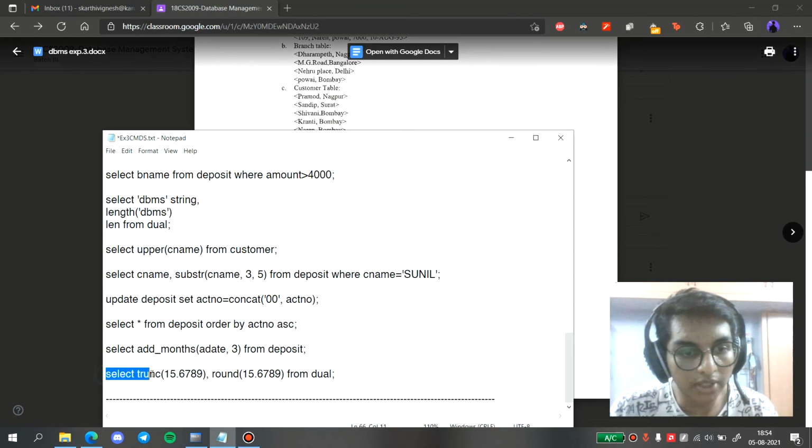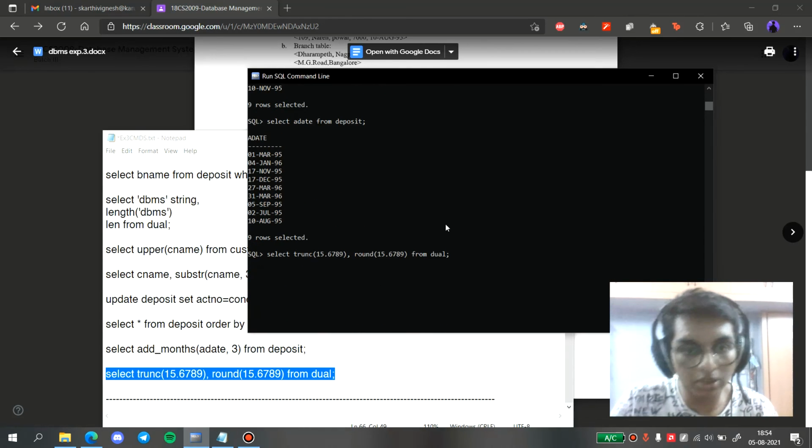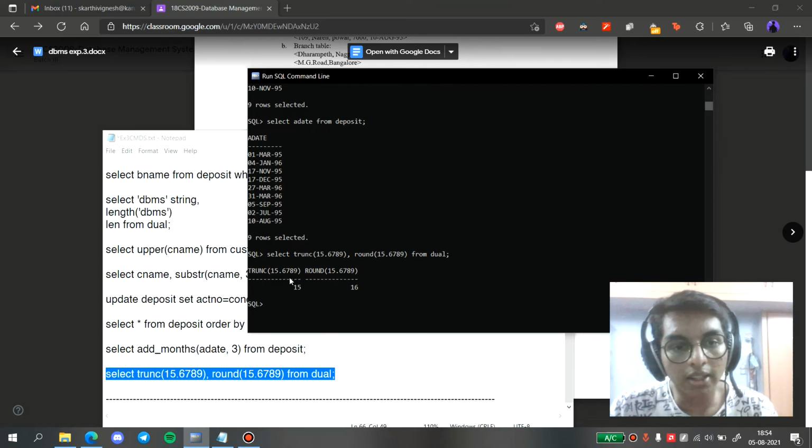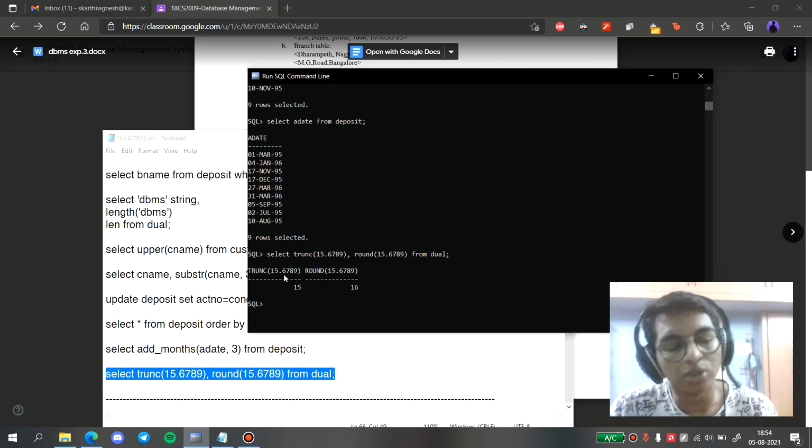We just give select trunc of the value and round of the same value from dual, and it will display the output for us. Truncate basically cuts off the values after the decimal point and returns only the whole number. So even if the value is 15.9 or 15.99, it will just display the value as 15. It will just ignore the decimal values.